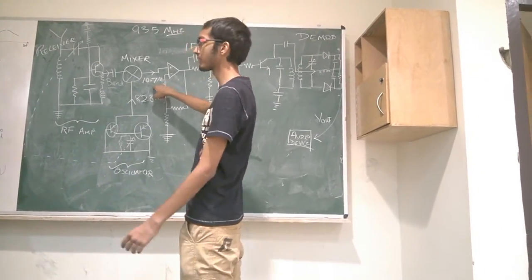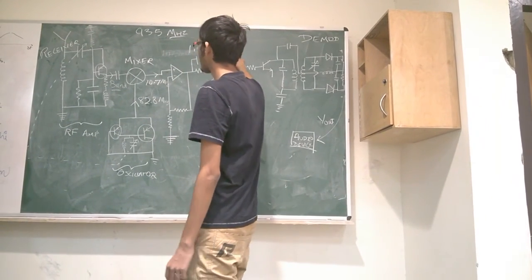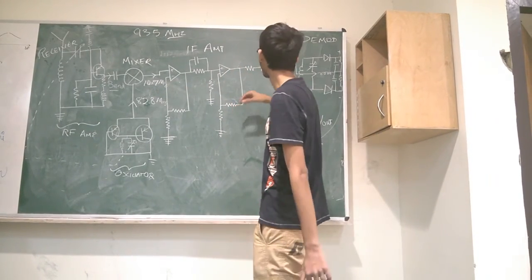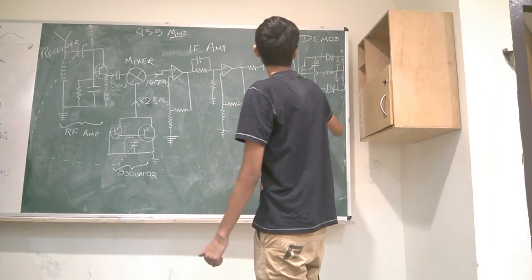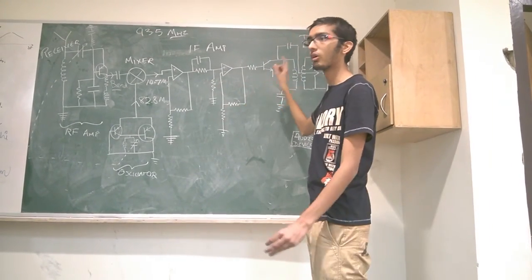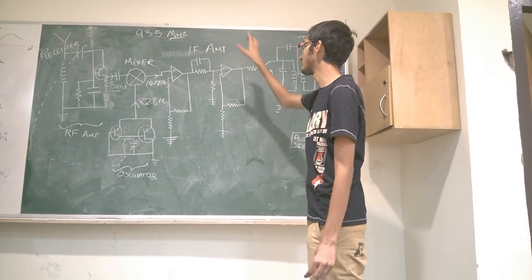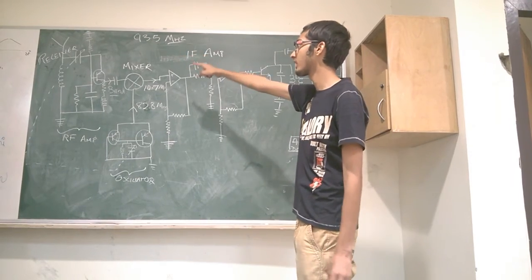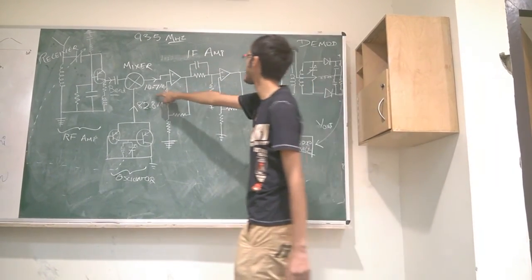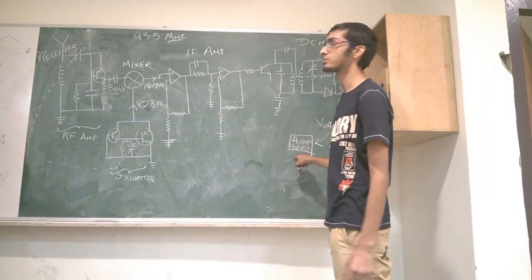Along with this 10.7 MHz, many more waves are passed on, but they are filtered out in the IF amplifier, and this 10.7 MHz signal is amplified by a scale of 1,000 or more. So this goes into the demodulator. This wave consists of all the modulation that was present in the original wave that was received there at 93.5 MHz. Only the frequency of the carrier wave has been reduced in the mixer. This goes to the demodulator, which has been explained before, which gives an output to the audio device.